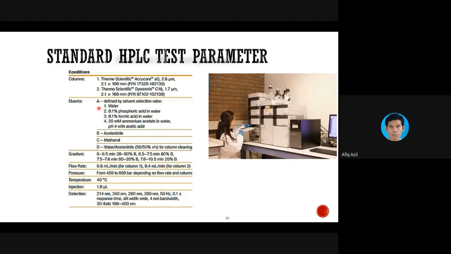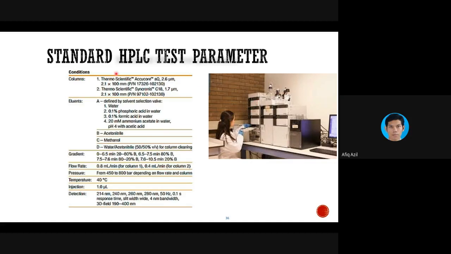So inside the column will be the silica gel, silica packing that will do the separation job. So this is where the separation will happen. Normally, it will be placed inside here. So this cover can be opened, so you can place the column. The column looks like a pen, a very long pen. The diameter is also quite the same.